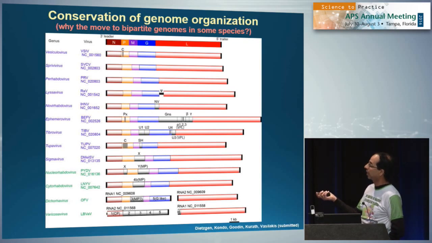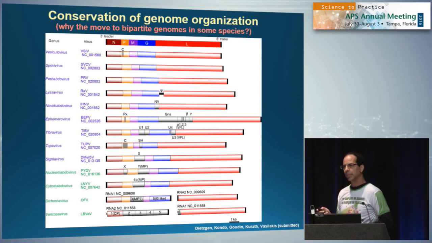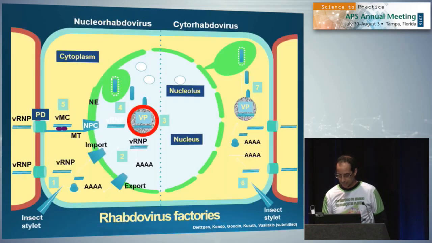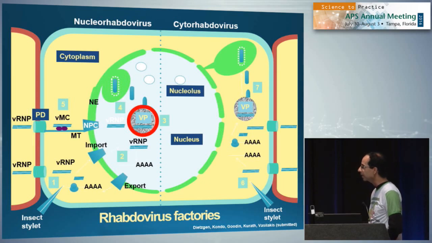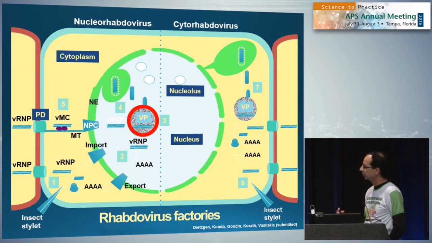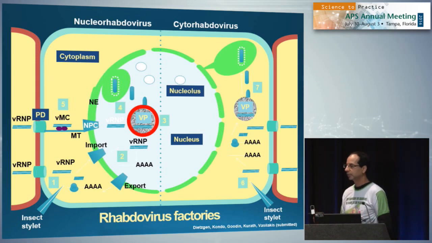So with rhabdoviruses with a split genome. And that's an interesting evolutionary discussion to be had. You know, why would you split your genome? And we can think about that. Okay, so to get to this idea of viruses coming into a cell and converting that cell to a factory,